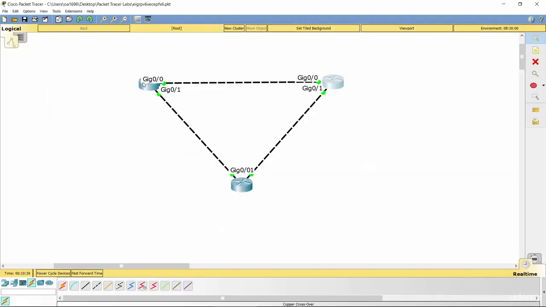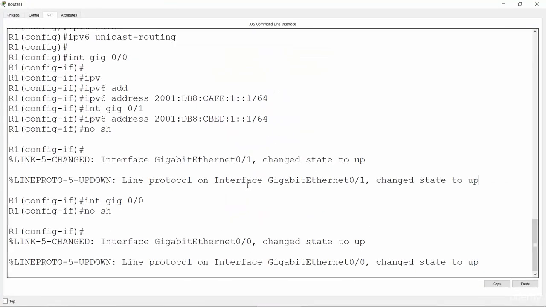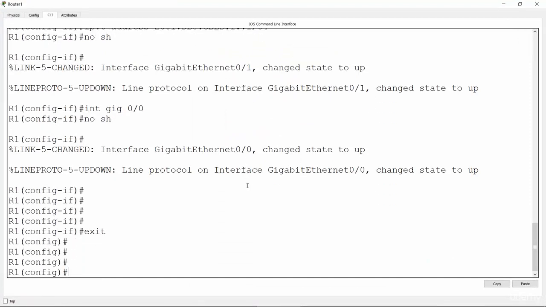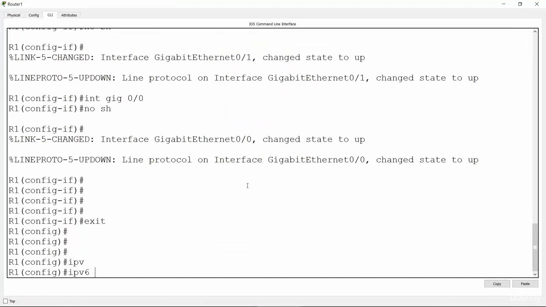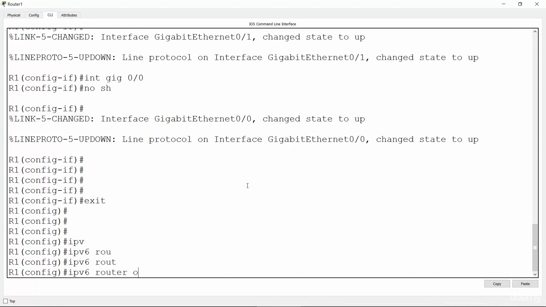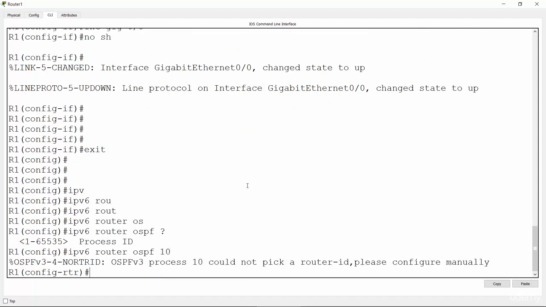I'm in router 1 first. I type ipv6 router ospf, and my process ID will be 10 this time. OSPFv3 process 10 could not pick a router ID. Please configure manually. Okay, I got this warning